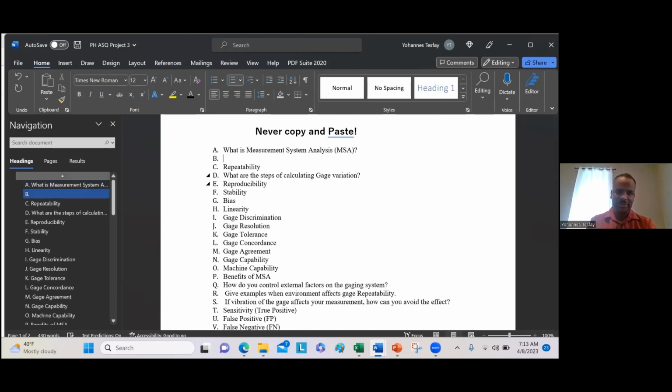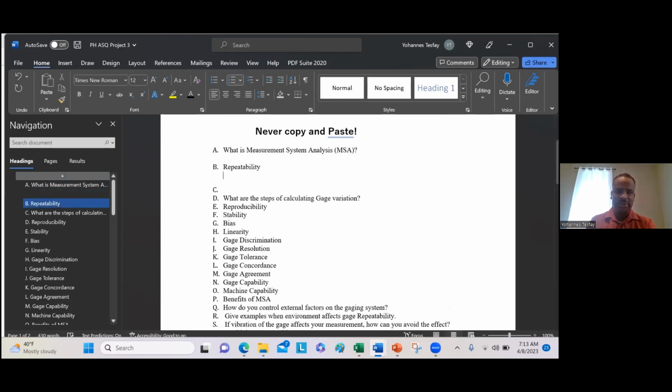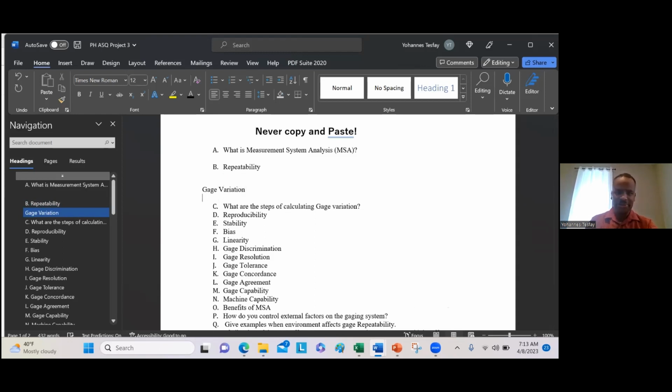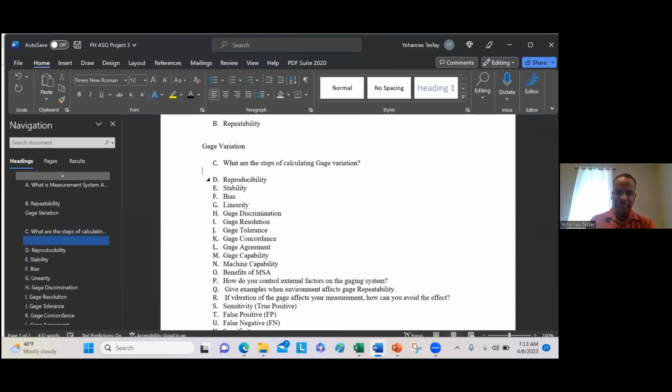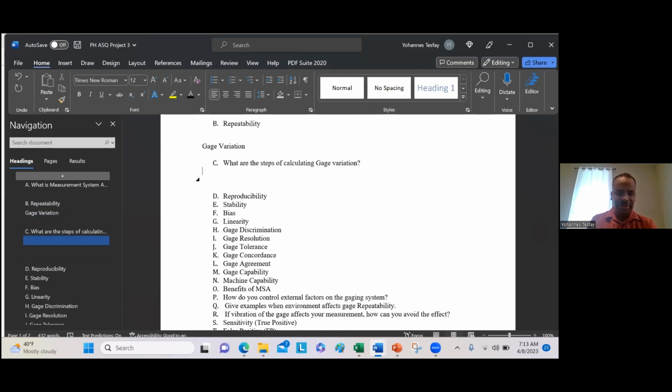Now, what is MSA? There is the definition, then accuracy, precision and so on. Repeatability: this is the variation of the machine, not the gauge variation. What are the steps of repeatability? I didn't ask about gauge R and R here. It is different. So what are the steps? The steps are these. First, calculate